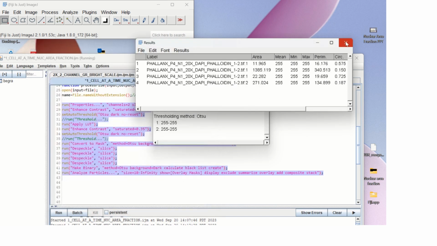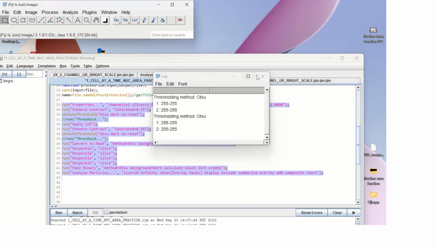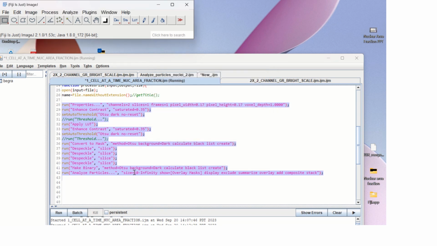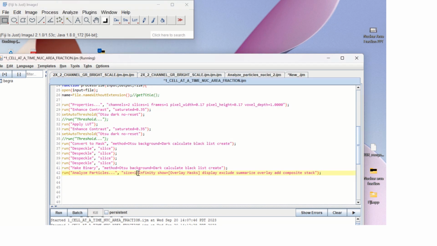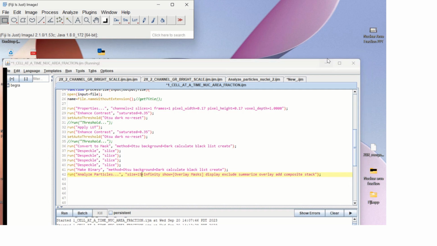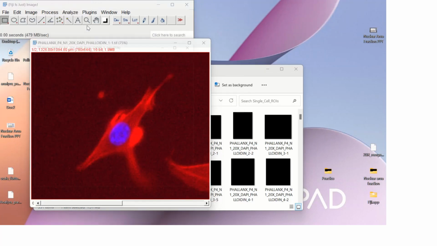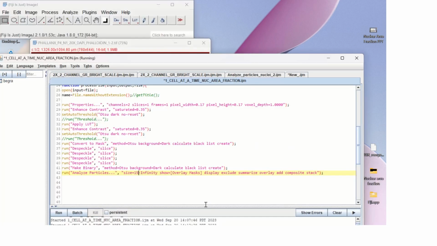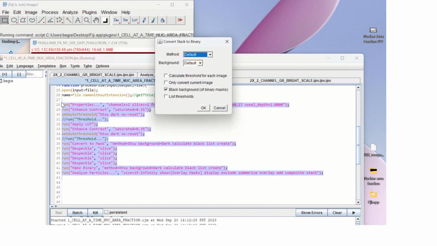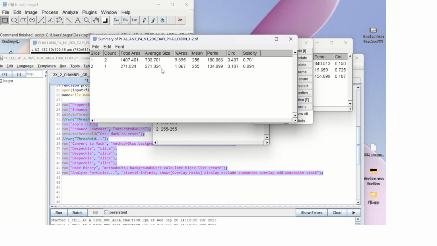Just gonna get rid of everything and then I'm gonna show you what I'm gonna do. So I feel like I had the size at 15, and then I changed it to 10, but I'm gonna keep it at 15 because otherwise it splits things up in a weird way. So let's go ahead and grab our photo again. Okay, we'll Control Shift D, we'll duplicate it, we'll press OK, and then we're going to go ahead and run our code. So here we go, we're going to run all of this, Control Shift R, we're going to press OK, and then